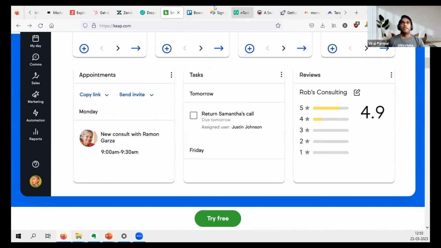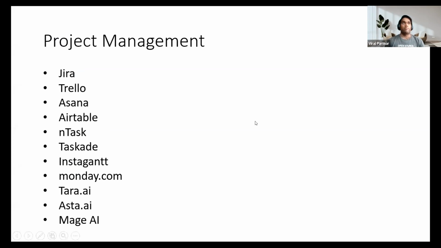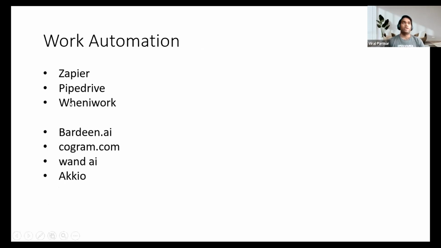Then, let's say we talk about project management, as we were talking about project management. There are a lot of tools that you can use or try. So Jira is not for non-technical people. People actually do certification courses to learn to work in Jira, so I don't suggest that. But yes, you can use Trello and Asana, very effective to use, very easy to understand, with a very good UI, and very easy to access.